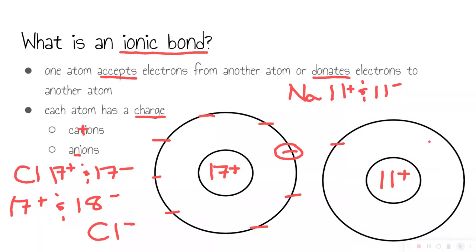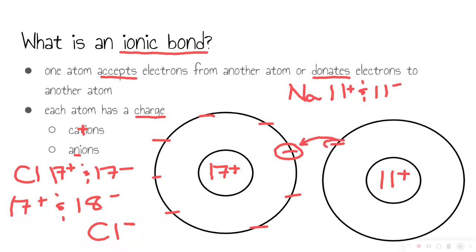It's going to be its valence shell, so it has 1 valence electron. Sodium is in the 3rd row, and the 3rd row of the periodic table has 8 columns. So for sodium to have a full 3rd shell, it would need to gain 7 more electrons. Or we could get rid of this 1 electron here,